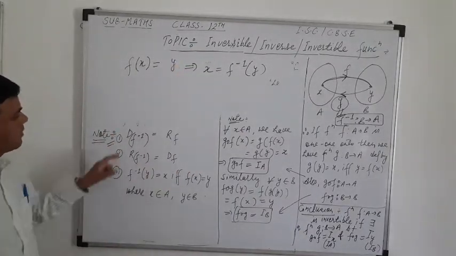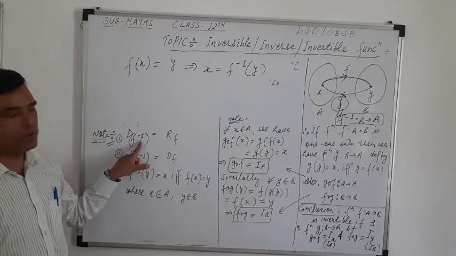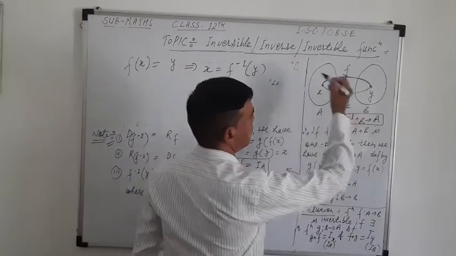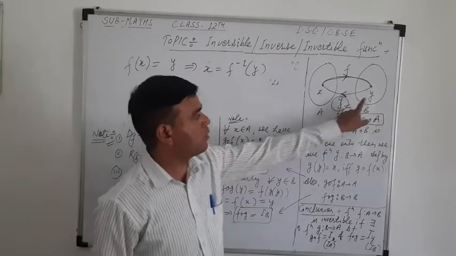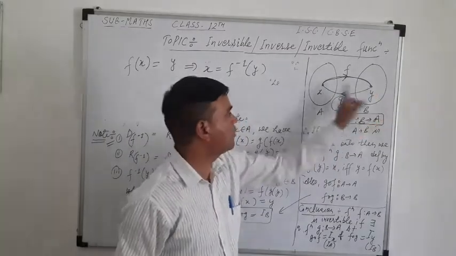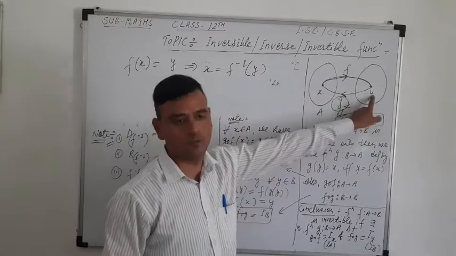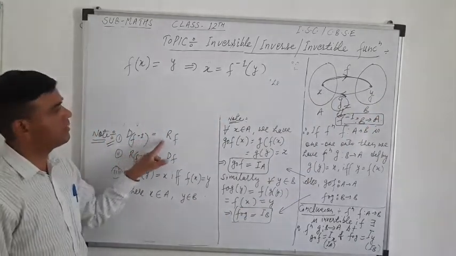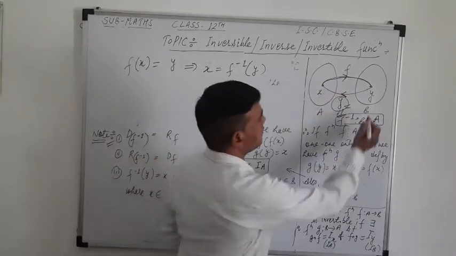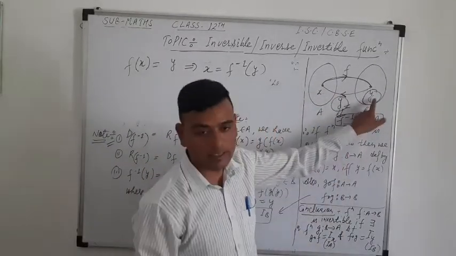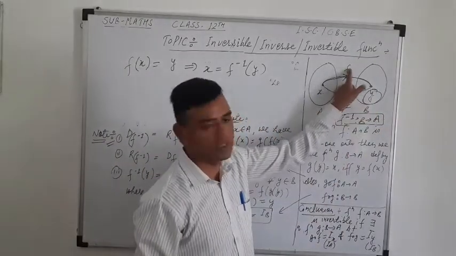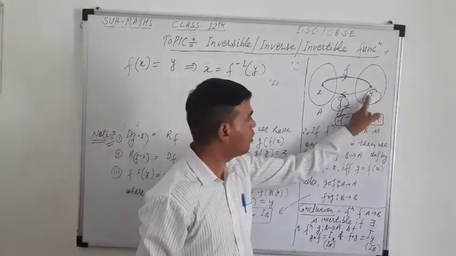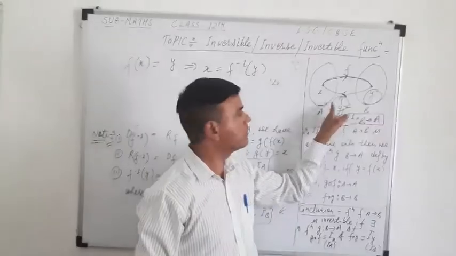Let's see first the domain of the inverse of the function. Inverse means this is the inverse function of f. So the domain of this, since actually we are moving from right to left, will be this one. So the domain of f inverse will be the range of the function. Actually, this y is the range of the function f, and this range is the domain of the inverse of the function f.